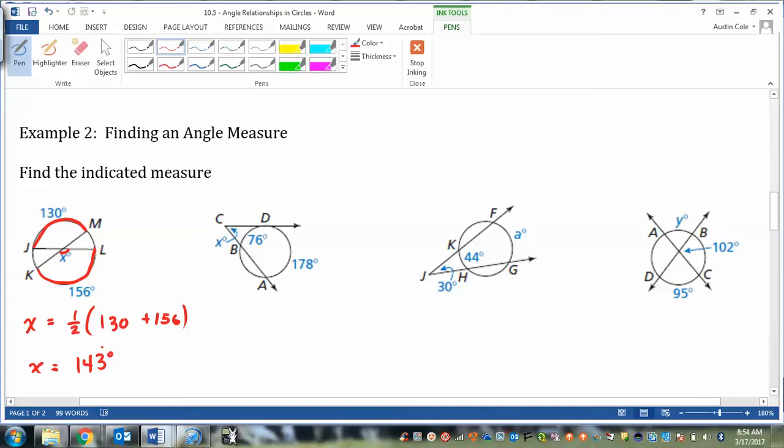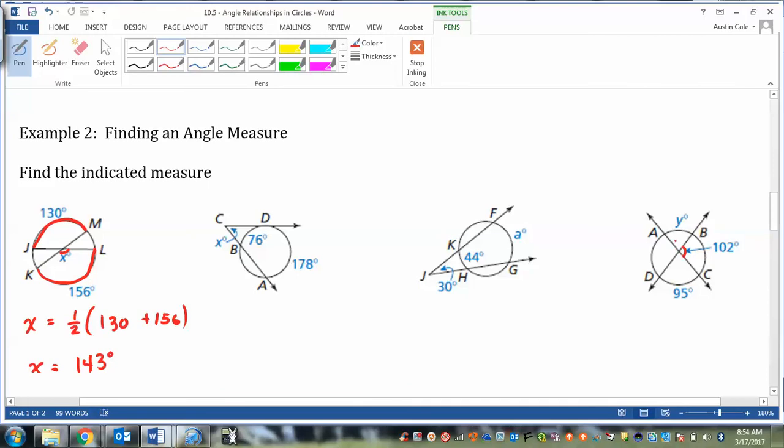Okay, I like that one. Now, a couple things that are different on this one. First of all, our variable, our missing piece, is not this angle. It's actually an arc. So that's how this one's different than the first one. Secondly, the second reason this one's different than the first one is, if you take a look here, this angle right here